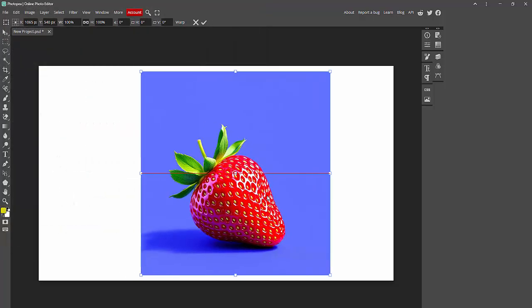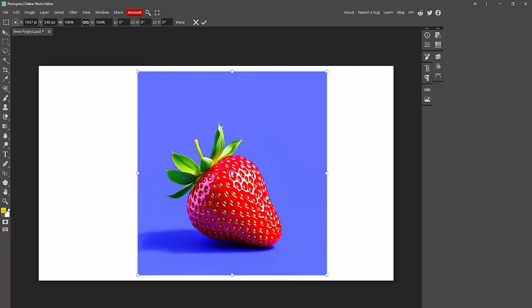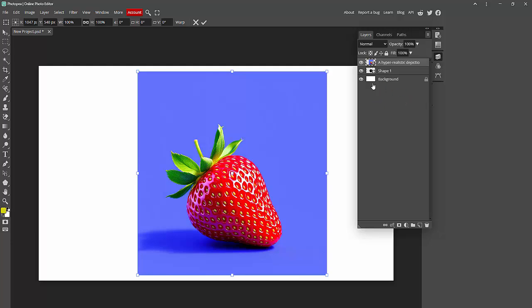Now you can see we have the opened picture. Now select, click, and go to the Confirm option. Now select